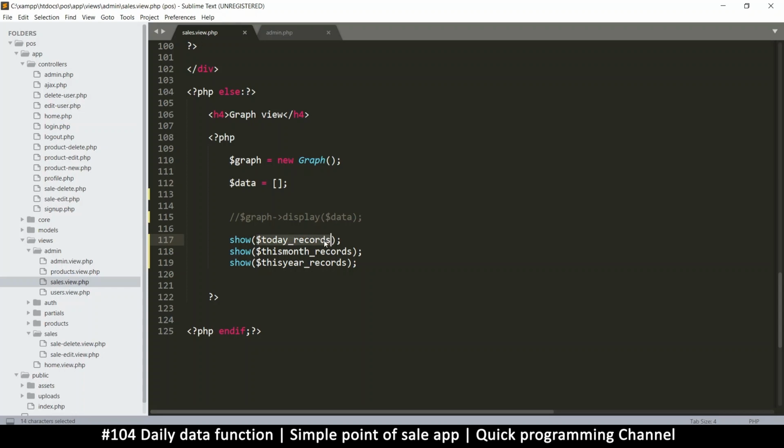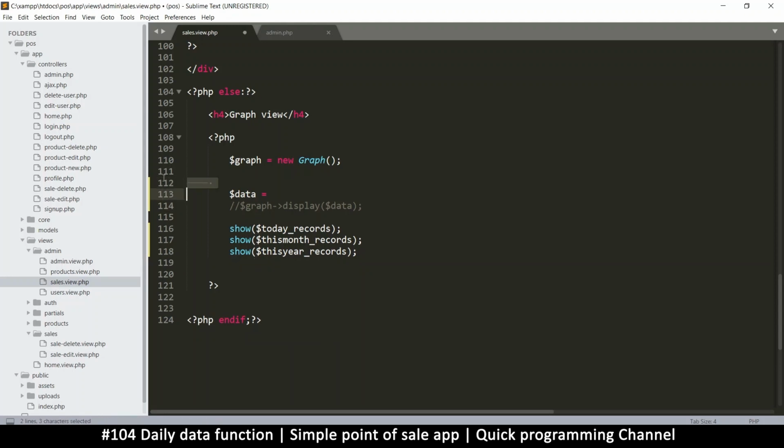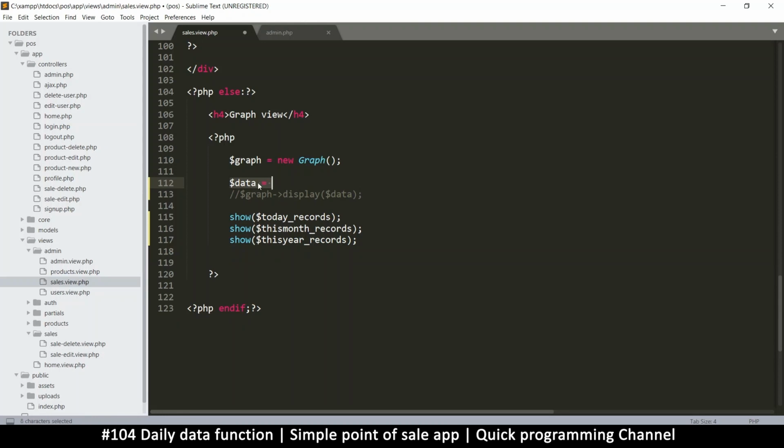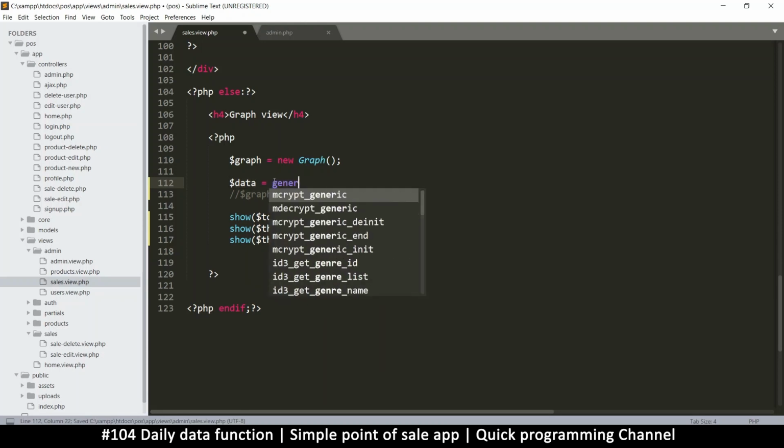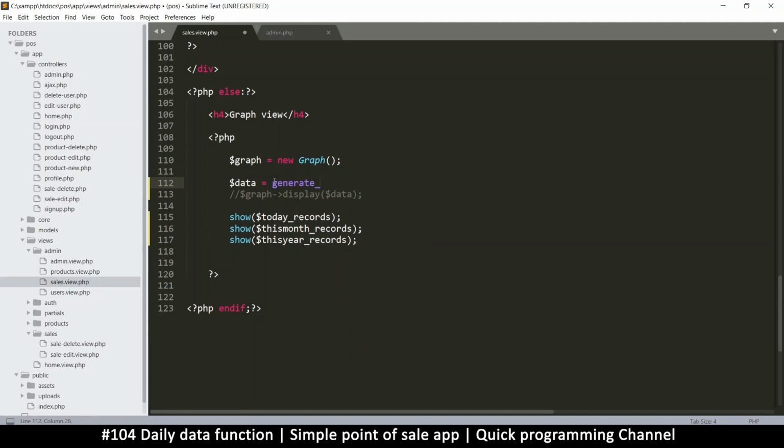Let me copy this here. What I want is to have data like this. Actually, let me do that right at the top here. I would say data is equal to, so we've set data to an empty array, but we don't need to do this anymore because we can return an empty array if we want to from this function we'll create. So I'll just say generate daily